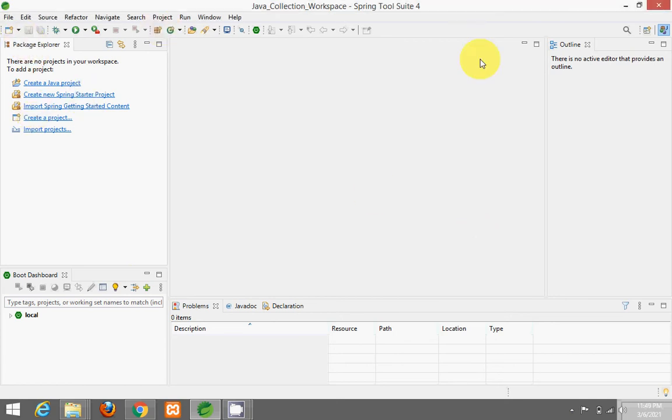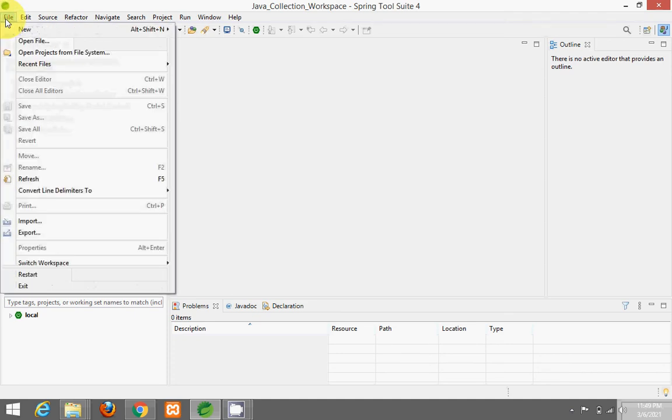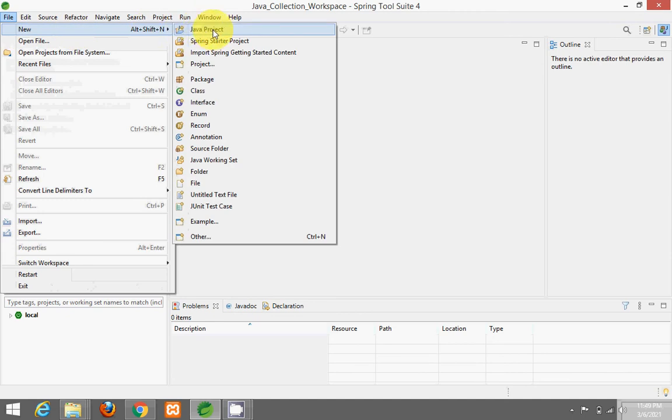Once STS or Eclipse opens, you will get a prompt like this. If a welcome screen is there, you can close it, no issue. In the left side panel, in the project explorer tab, you get the option to create a Java project. Either by clicking on this you can create a Java project, or you can go to File, New, and get the Java project option there as well.